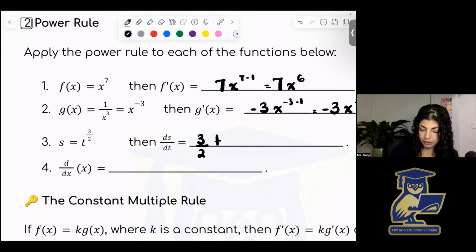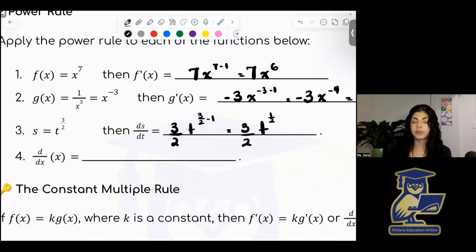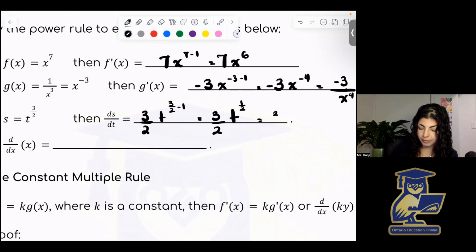Now, in our exponent, we have, and this is just 3 over 2 and t to the half, or